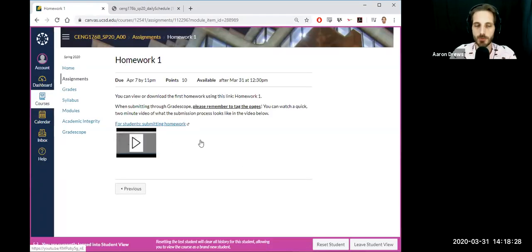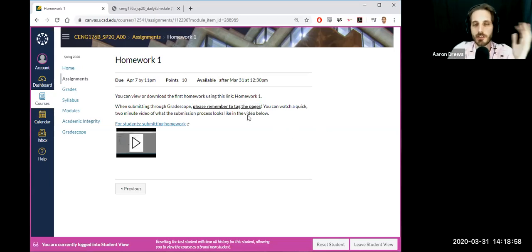That's what that'll look like once you actually submit it. The key step that you'll have is a process called tagging the pages, which takes all of about 10 seconds or so, maybe 20 seconds. Gradescope's going to ask you, please click on the page that corresponds to problem 1. And then click on the page that corresponds to problem 2, right? That kind of stuff. It doesn't take very long, but that gives us the proper sorting when we go through to actually grade your assignments, so that we know where to find them. So that's what I mean by tag the pages.